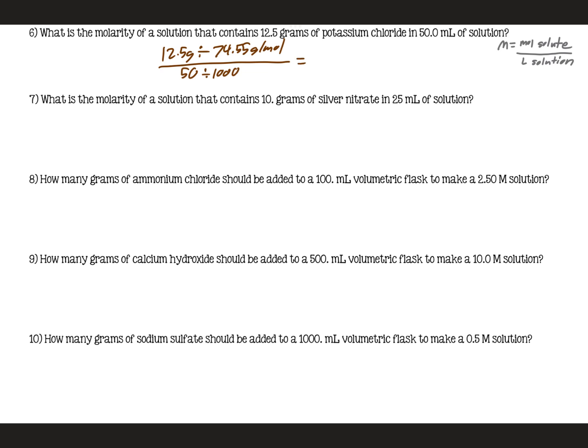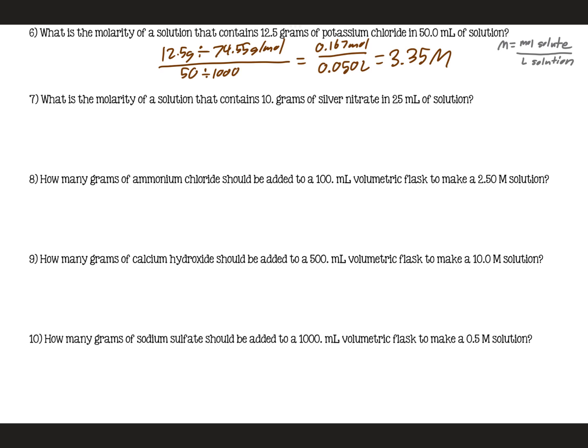Now, if we type this in, we will get approximately 0.167 moles per 0.050 liters, or a 3.35 molar solution. Next, consider what is the molarity of a solution that contains 10 grams of silver nitrate in